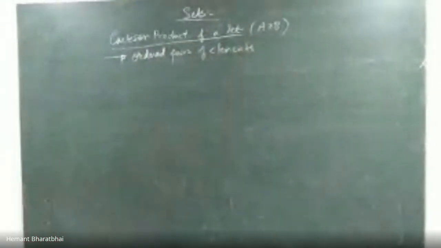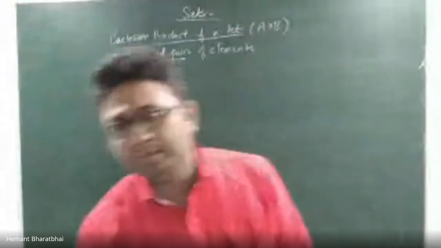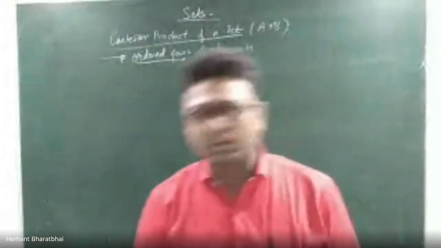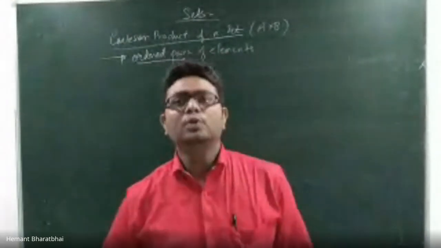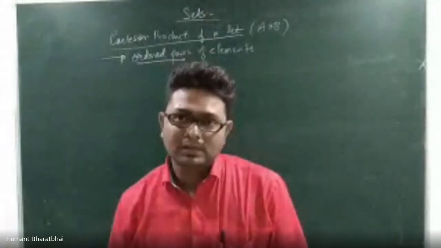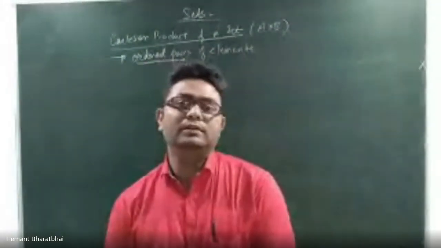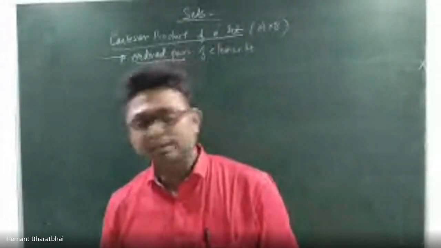Ordered pair. What does order mean? One after another. If I'm saying 1, 2, 3, 4, 5, it means 2 comes after 1, 3 comes after 2, 4 comes after 3. This is the order, and this will always be the order. So this is what I mean by order. So if I'm saying that you have to follow this order,